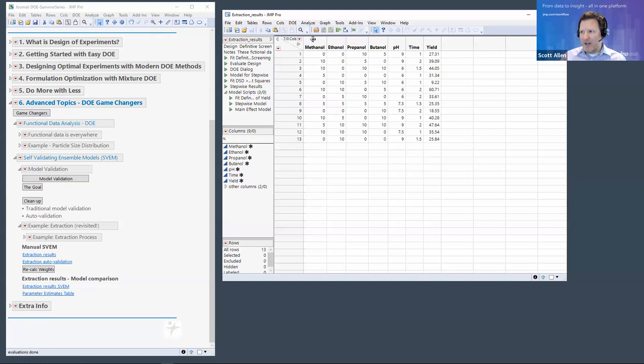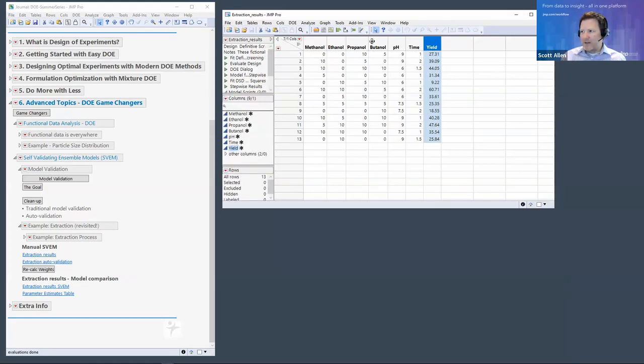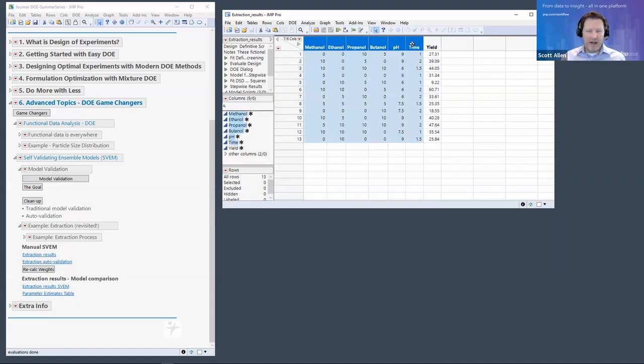And this is the same design that we looked at when we analyzed the definitive screening design. So we have all of our factors here and the yield from each of those trials. So what happens in SVEM is, when we run a model of this, all of this is being used in the training set. So 100%, it's all, there's no validation when we do a standard least squares type model. When we do